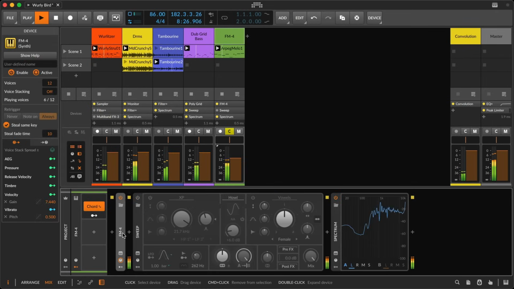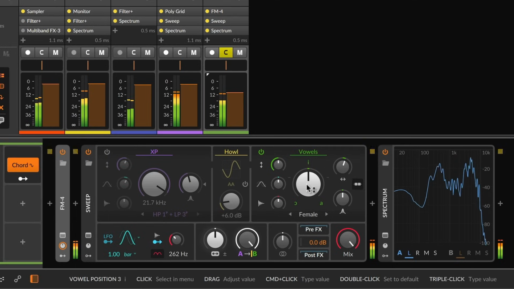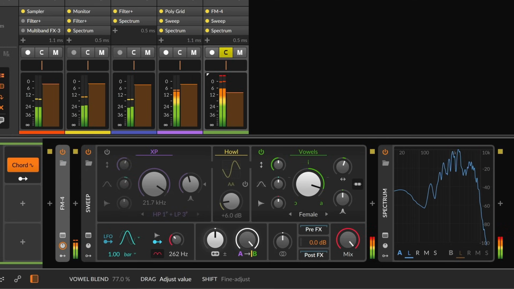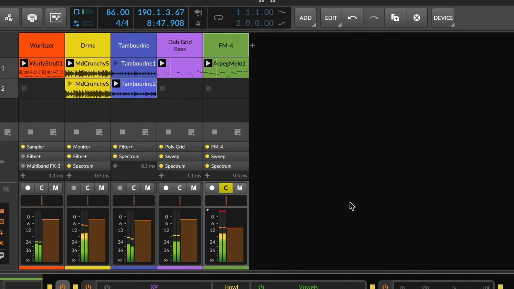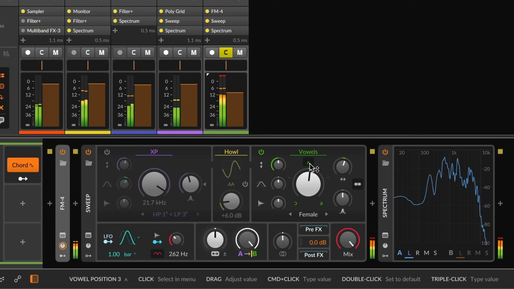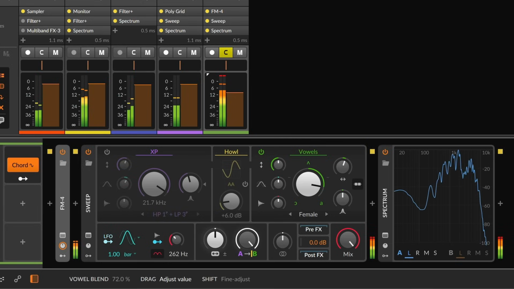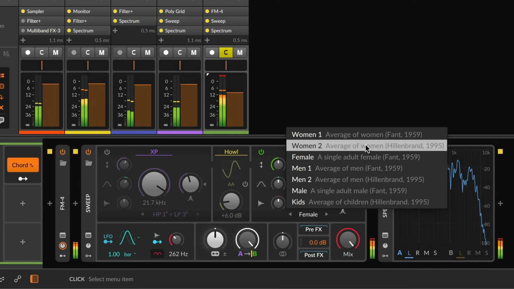So, taking this little keyboard part, the vowels filter emulates the human vocal tract, whether it's an E, an Ah, more of an O, or any of the 27 other sounds available. So we could simply modulate the central vowel and work there, or we could blend a combination of them. Not just from this set, but other vowel sets are available as well, with modern ones with additional resolution.